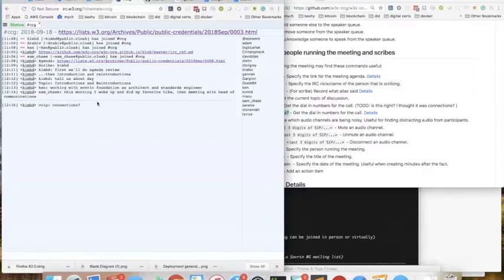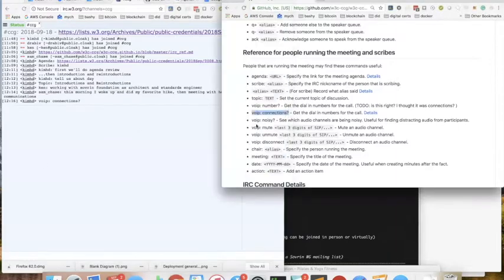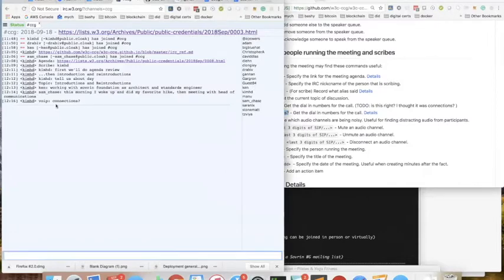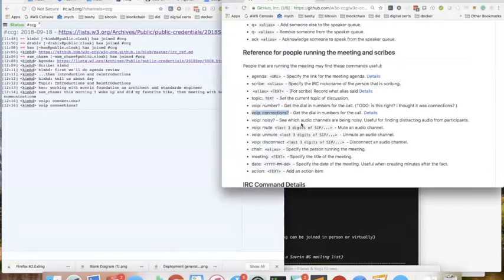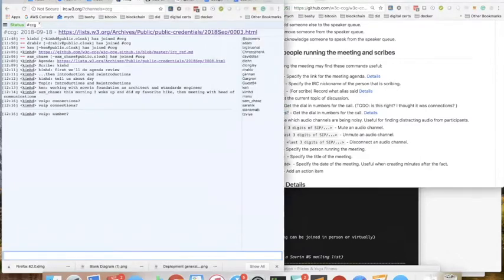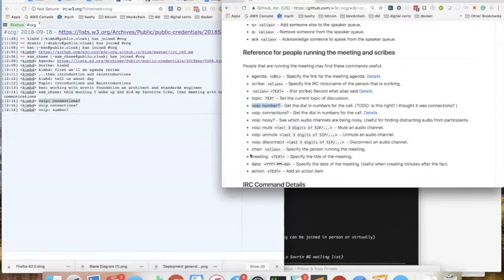Okay. Did I get that right? You know what? Maybe I'm wrong about that, because I was wondering, maybe there's no colon. Sorry, I don't know what's going on with this, but I noticed in the instructions it says VoIP number, but I thought it was connections. So I think usually this should... maybe VoIP is connections, because we have this command to